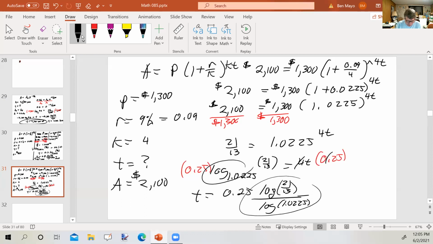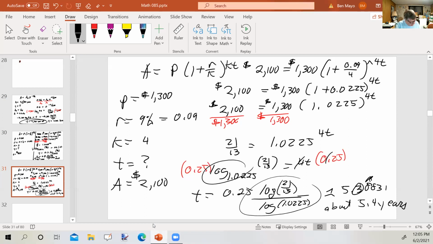So 0.25 times log of 21 divided by 13, close that up, divided by log of 1.0225, close that up. And I get 5.38831, et cetera. So rounding to the nearest tenth, the 8 would round up, so we get about 5.4